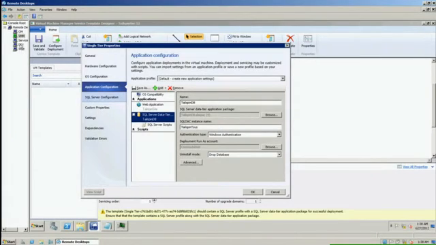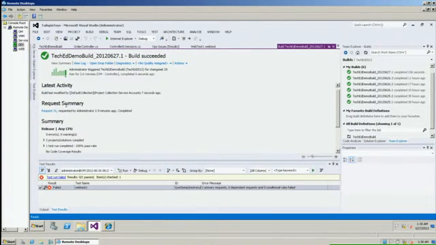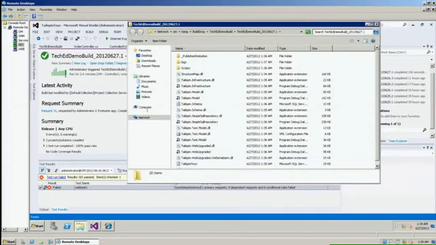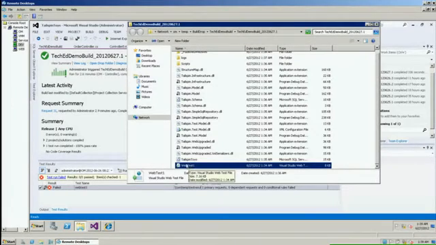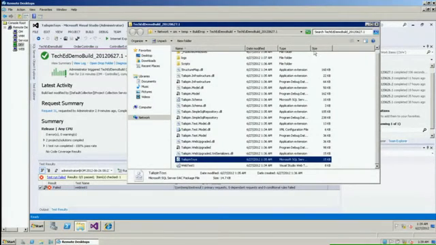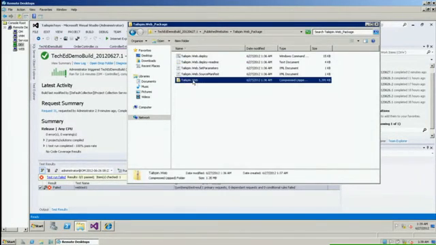Now, let me show you the dev perspective. See, I'm done with my build. I have my drop location, and this is the result of my work, right? This is the web test that I was mentioning. This is my DACpack, and this is my Tailspin web deploy. So I just showed you that I have to consume this output that developers prepared for me